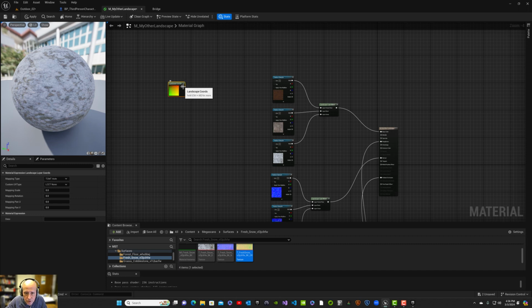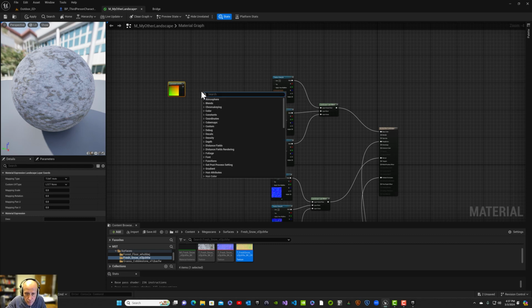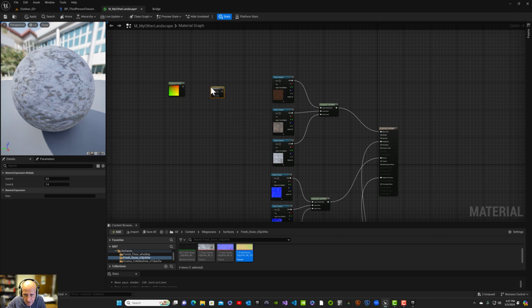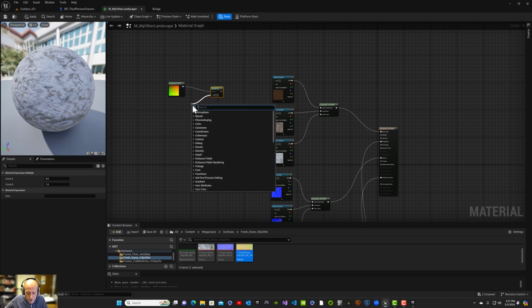And I want to take this and multiply it by something. You can either right-click and search for multiply, but the shortcut is hold down M and left-click, and you'll get a multiply node. That's going to go into A of the multiply, and then the B value, we're going to pull off of there, and we're going to type the word scalar,